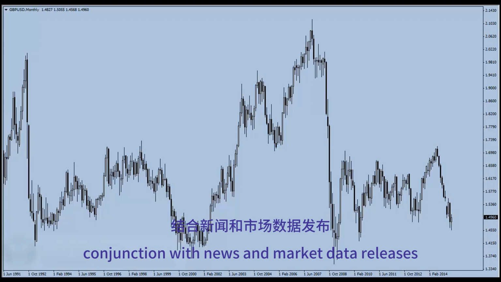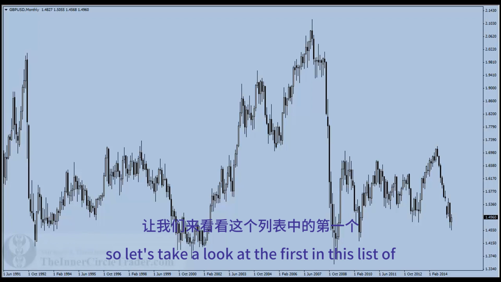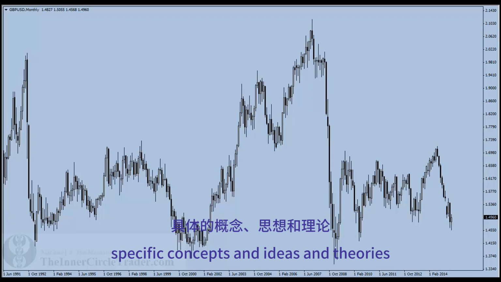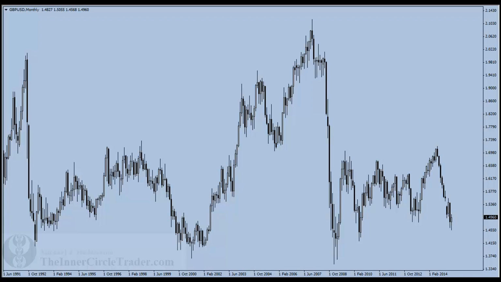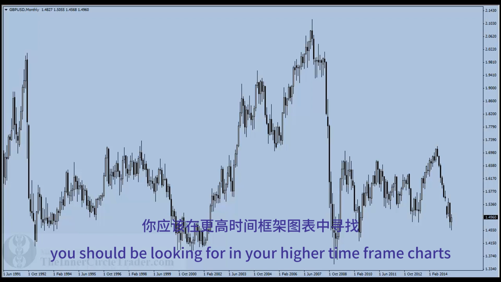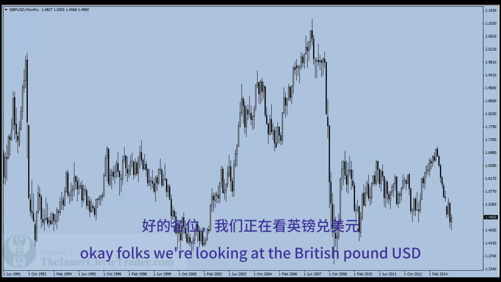Okay, folks, we're looking at the British pound, USD, otherwise known as the cable in the FX market. When we look at the higher time frame charts, we obviously start at a monthly, work our way down to a weekly, then to a daily, then to a 4-hour. Below the 4-hour, we only concern ourselves with the 60-minute, 15-minute, and 5-minute. Prior to going below a 4-hour chart, it's imperative that you understand where you're at in the higher time frame,